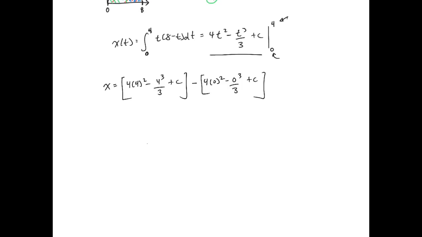Now you can see here that the c's will cancel out, and they'll always cancel out when you have limits on your integral, so you don't have to worry about them when you have limits. In this case, this whole term actually cancels out here. It all goes to 0. And you only have to evaluate this one term, which means x is equal to 42.67 meters, which is the distance traveled in 4